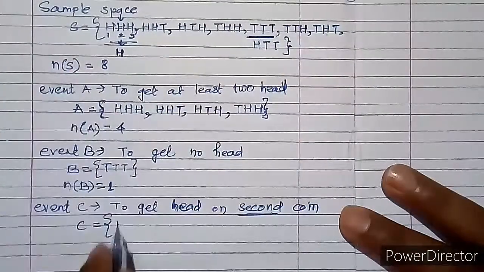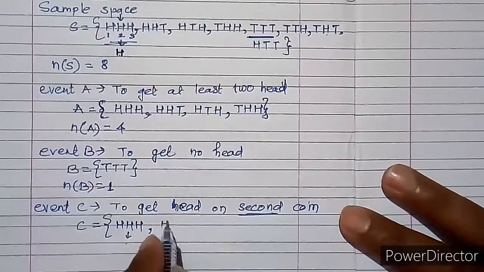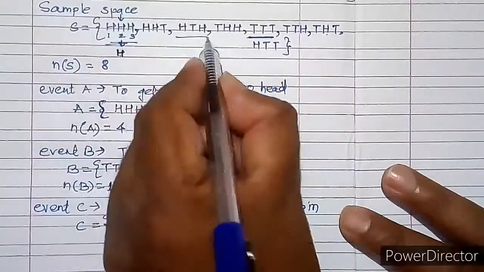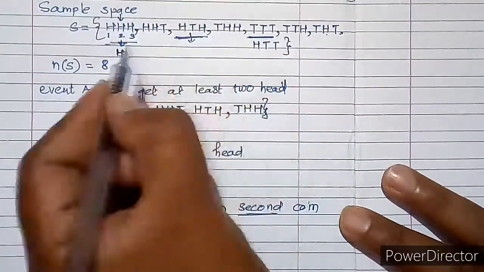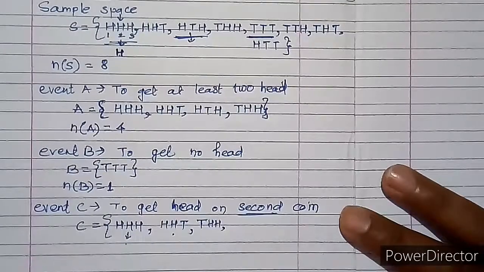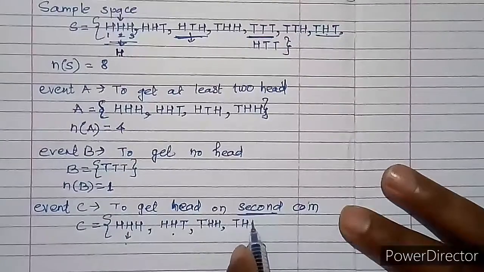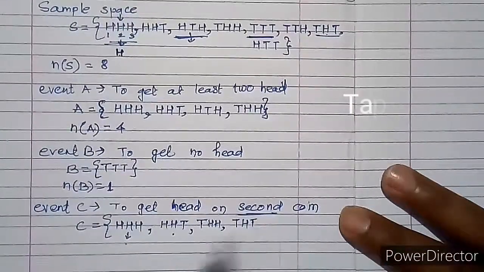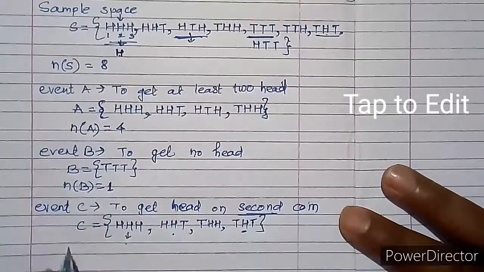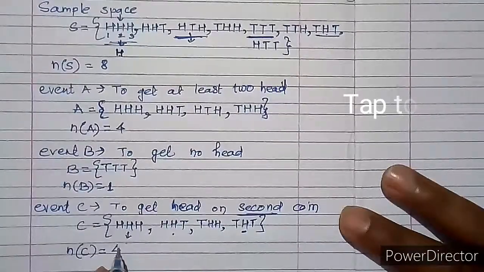That's why I write down triple H. Here head is on the second coin. Next is HHT. Here also head is on the second coin. HTH is not allowed because the second coin is tail here. THH can we take it, yes. Then THT, sorry, HTH no; here also the second coin is head in the allowed entries. That's why write down such entries. Now the total number of elements in C are 4. That's why write down n of C equals 4.